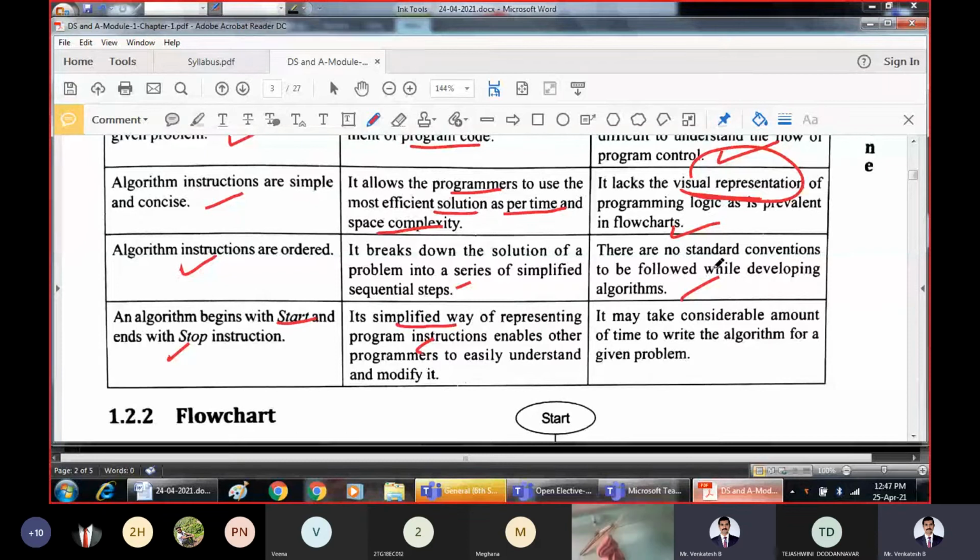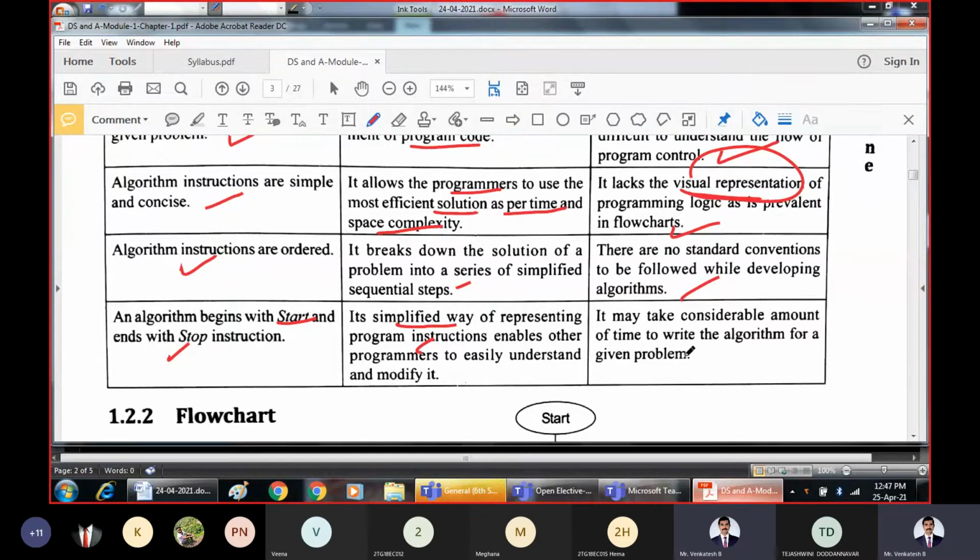Another algorithm can be water first, tea powder next, sugar and then milk. Another procedure could be that you skip the water, use milk, then tea powder and then sugar. Ultimately what we want is tea, but there are 3 procedures that I told just now. So there is no standard convention. Users can write the algorithms in the way they want.